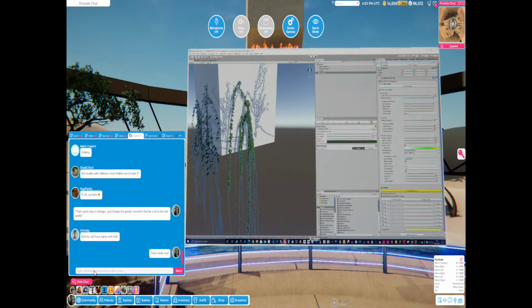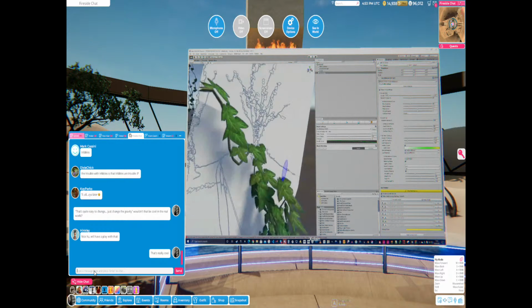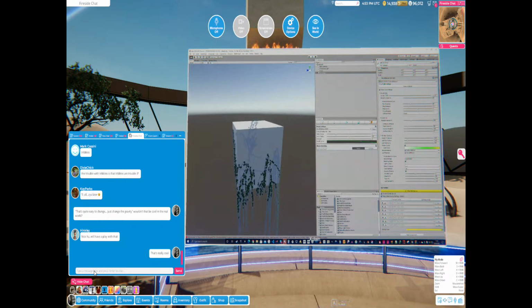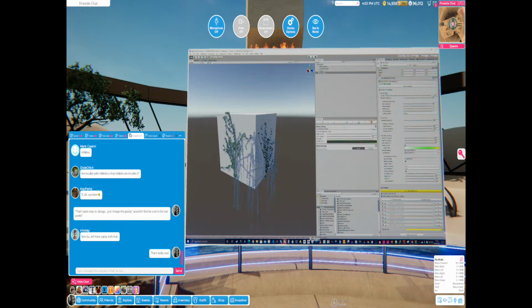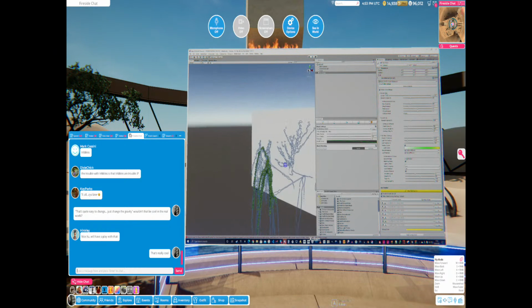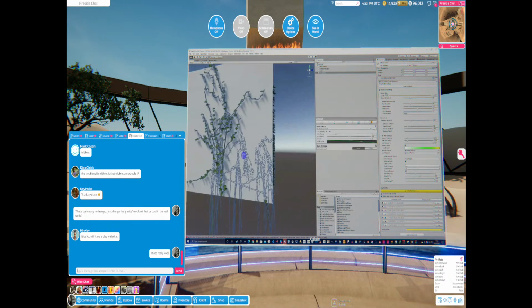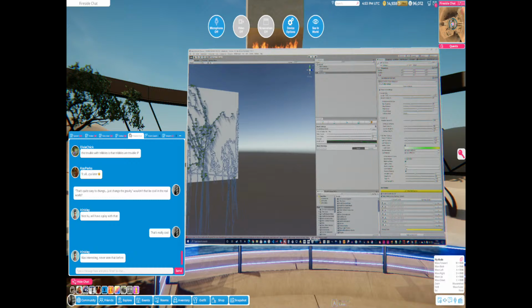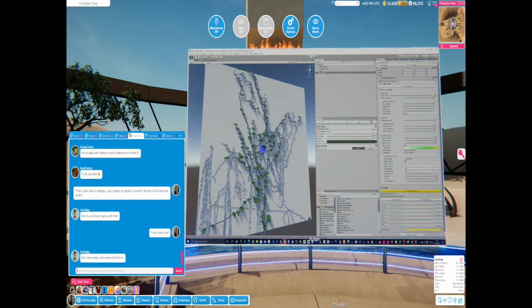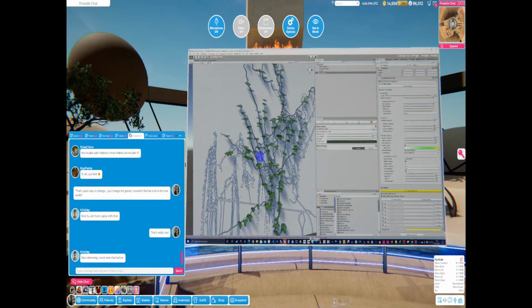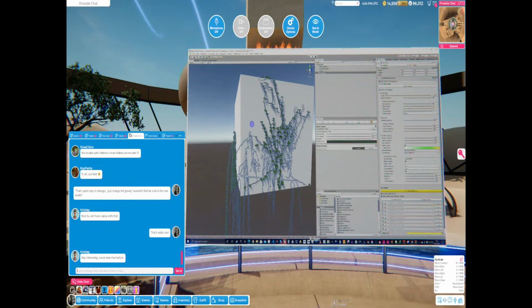Yeah, so that's really it. I know I rambled on a bit, but I didn't really have anything set for today. I just thought I'd show you some stuff that I've been playing around with lately. It's definitely good for a free asset, this. It's been out for a while, but this is